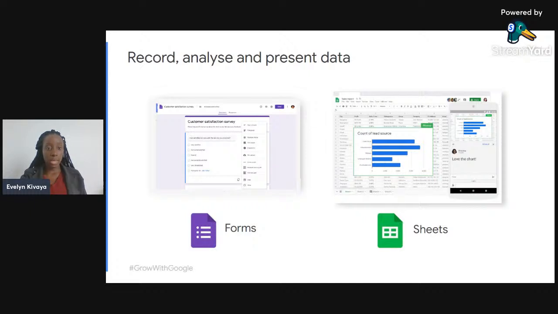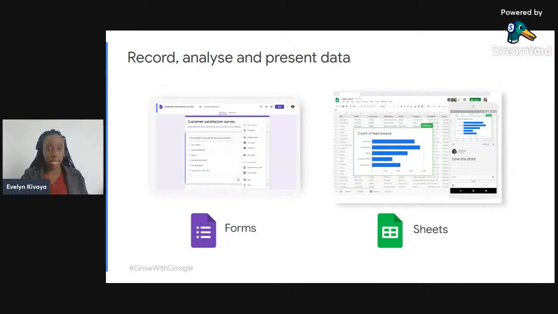Under Google Sheets, it is collaborative, smart, and a secure spreadsheet for fast moving organizations, especially really big organizations, because as long as I've opened my Google Sheet, I will be able to work with all my team members, may they be 10 or 50, on one Google Sheet, and there is no risk of losing data because it's all stored in one place. It is also compatible with external systems, for example Microsoft Office, and it removes the friction of working with multiple data sources. So basically that is it for Google Forms and Sheets.